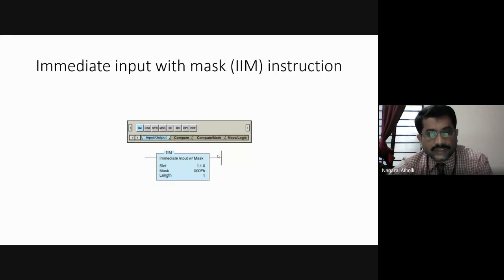Here what is happening in 000FH. The first 12 bits: the first MSB 0 means it is 4 zero bits, 0000. The next 0 again means 4 zero bits, 0000. Then the third 0 again means 4 zero bits, right? So 4 plus 4 is 8, 8 plus 4 is 12. The remaining 4 bits are 1 1 1 1. So these bits are not masked. The least significant 4 bits, which are 1 1 1 1, are not masked. They are not cleared. They are kept as they are.